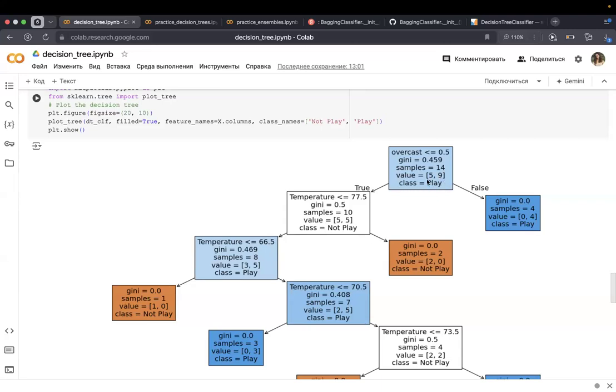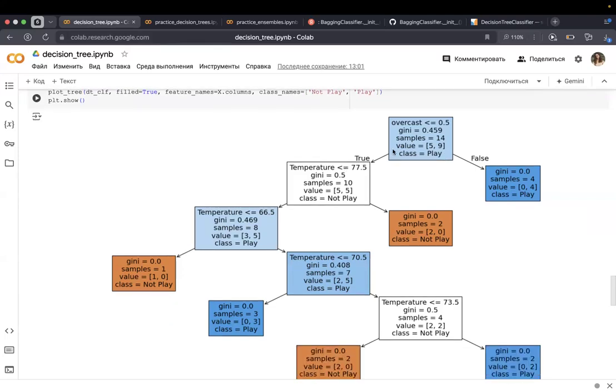And class play, we want to predict. In our data, there are more samples of class play, it is the most frequent class. And now we can divide our data